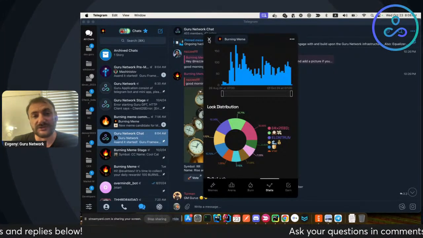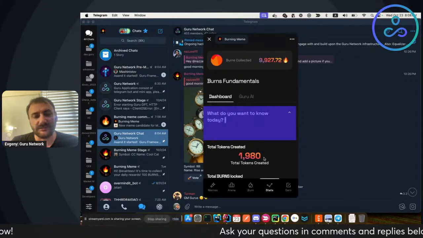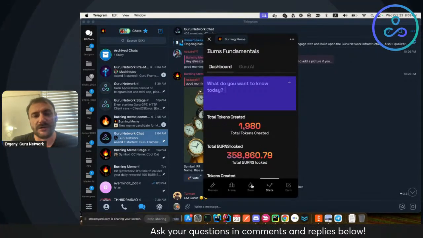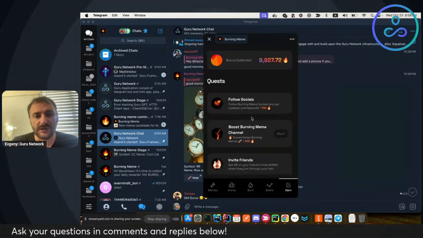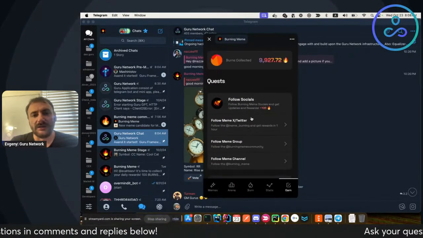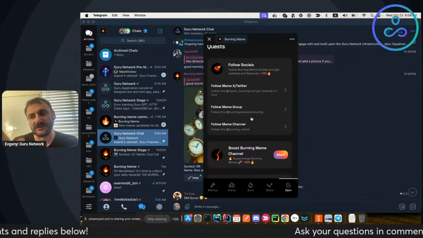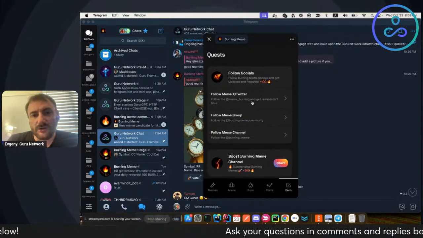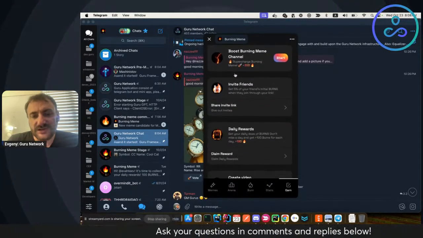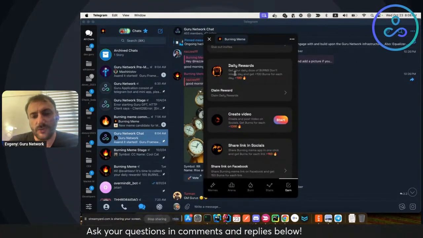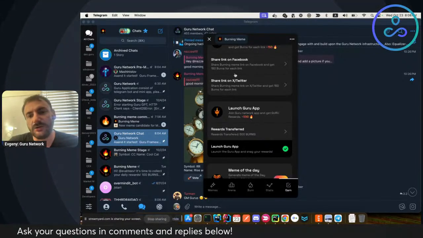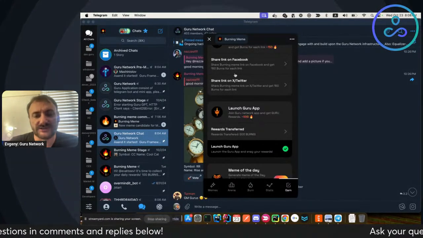So in regards to the burning meme mechanics, I believe everyone in our community is already pretty aware of it and can imagine what could be done there. In regards to the easiest picks, right? All those quests you see in here, especially social ones, are easily clonable from one application to another.